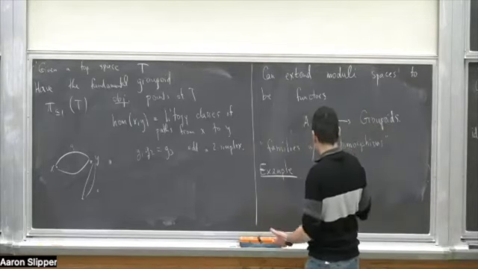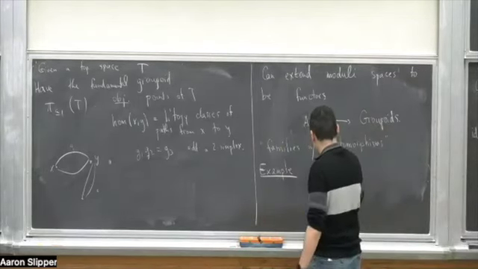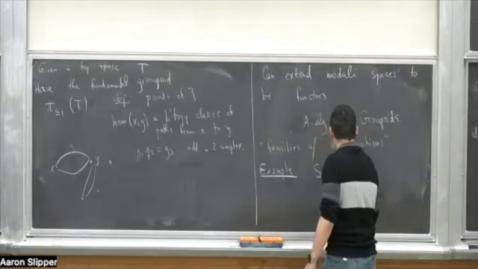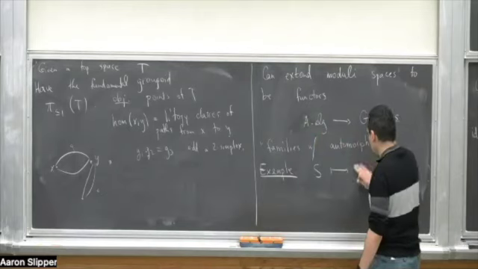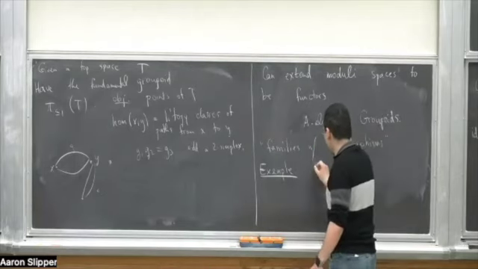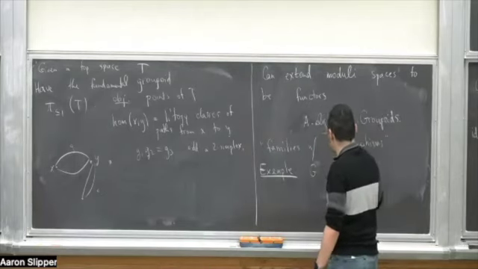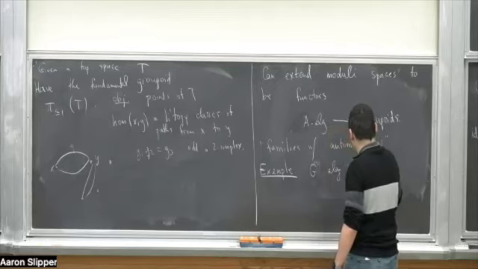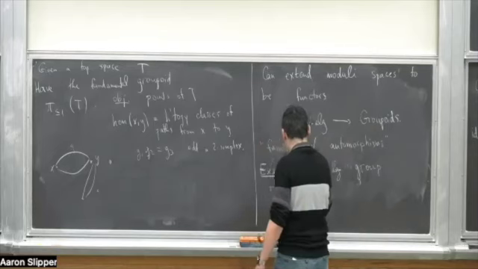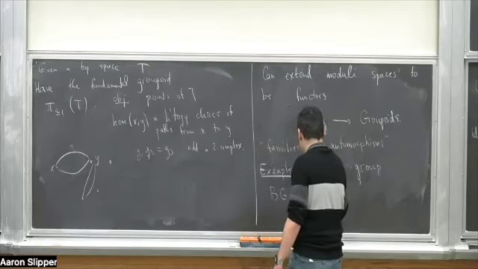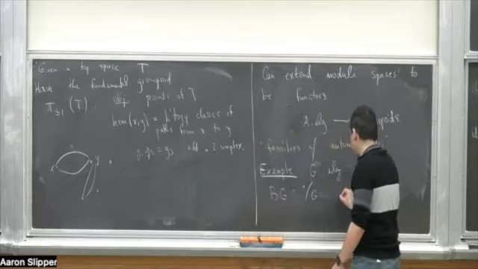So the example is that to S, you associate the groupoid. Suppose G is an algebraic group. There's a stack BG, also denoted point mod G, such that